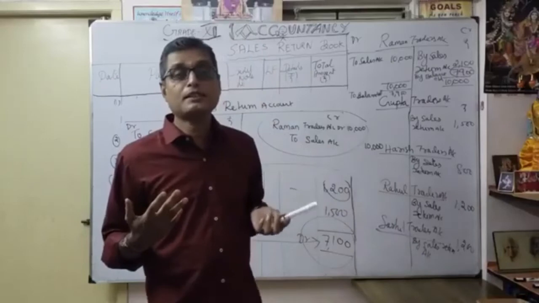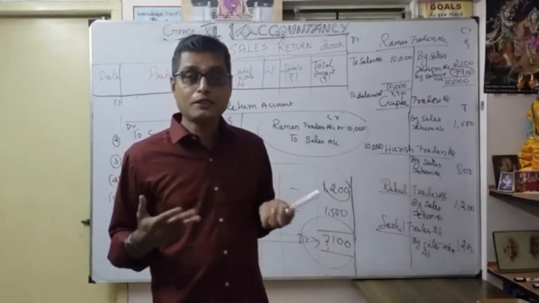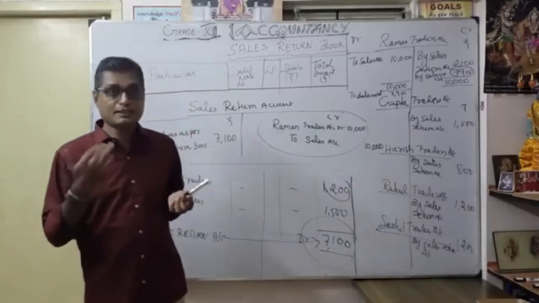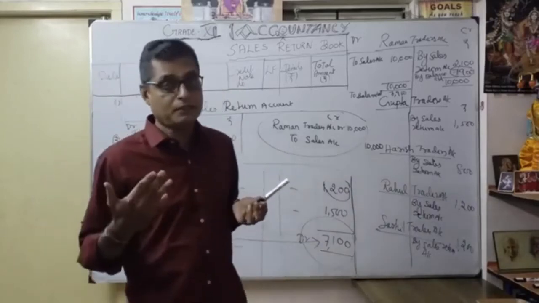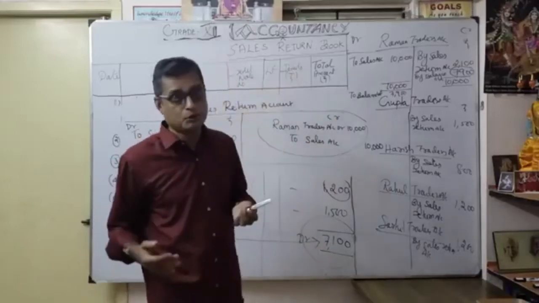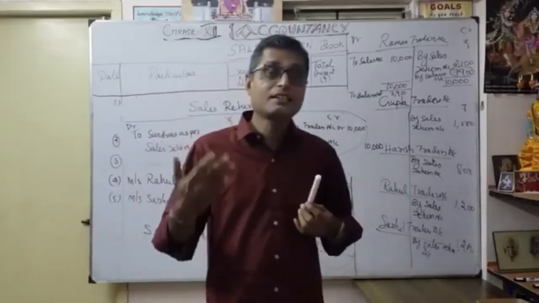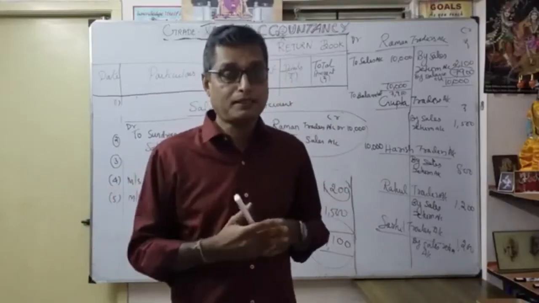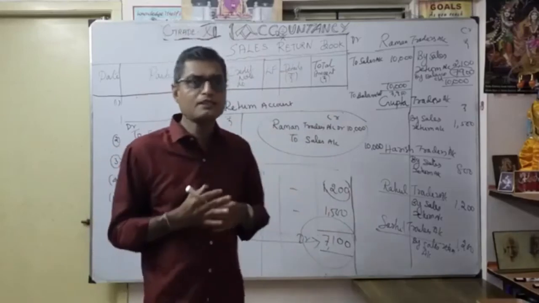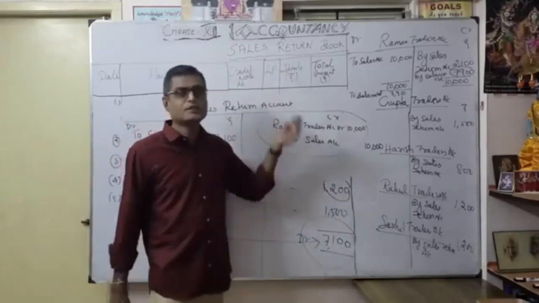That's why we maintain the purchase return book, only for credit purchases we made earlier. Now we return the goods, and we write it in the purchase return book. In the same manner, the sales return book. Any sales we made earlier on credit to different customers, and thereafter they return goods back to us, we maintain the sales return book. That is very, very important.